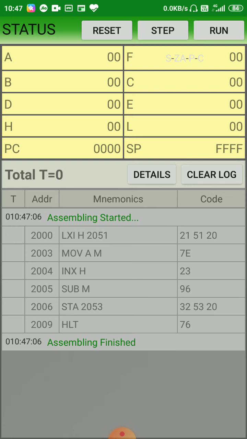These are 16-bit registers, and you can check all the registers here are 0: A, B, D, H, C, E, L, and flag register F. So we will run this step by step.